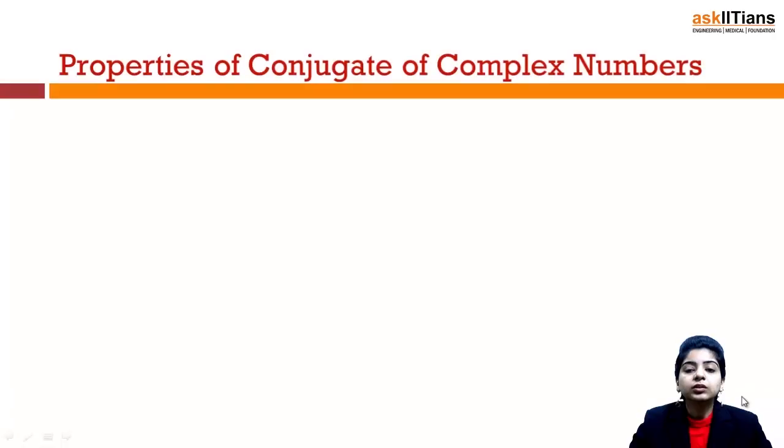So, we will first of all be discussing the properties of conjugate. We shall also discuss the examples based on them, and then we will be switching to the properties of modulus and argument. Let's begin. As we have already discussed the concepts of modulus and argument of a complex number, now we will be discussing the important properties of modulus, conjugate and argument of complex numbers, right?